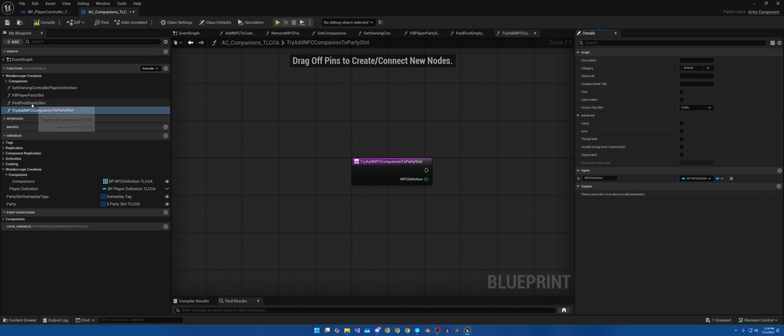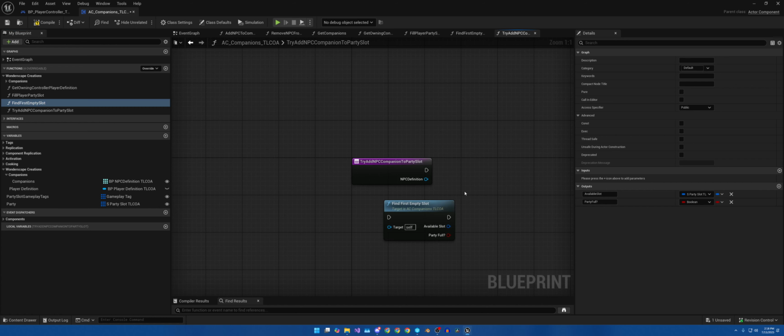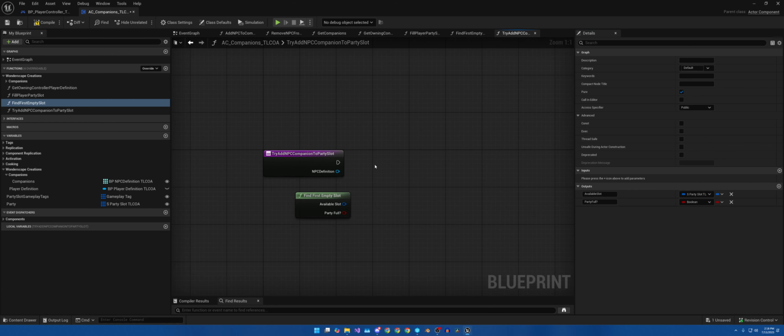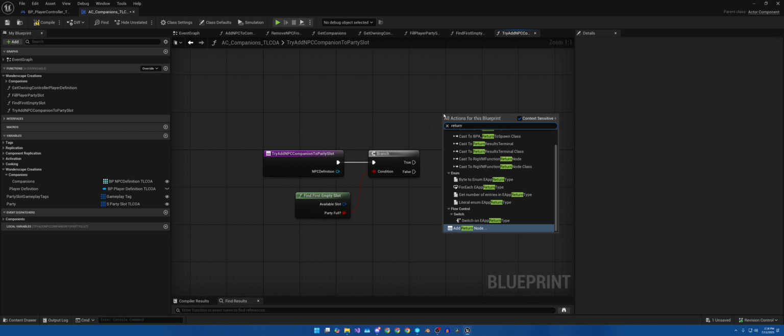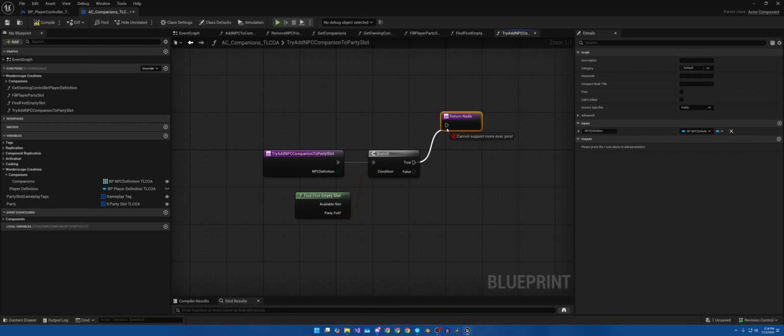And the first thing we're going to do is find first empty slot. Notice that I forgot to do something. We need to make it pure. Hold down B for a branch. We're going to check to see if the party's full. If it is full, then we want to return. We don't need to do anything. If the party isn't full,